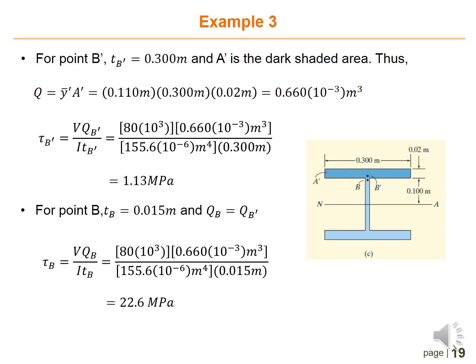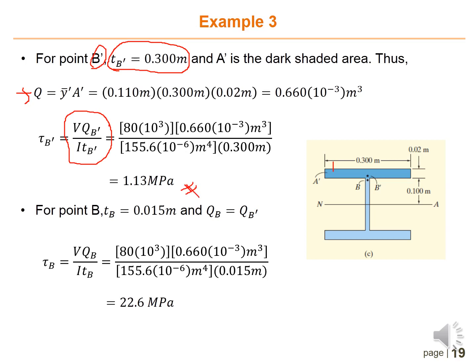Okay, so determine the shear stress at point B prime, which is associated to this flange. The width of the beam is equal to 0.3 meter, and you have to determine what is Q, and then substitute all this information. Okay, tau B prime is equal to 1.13